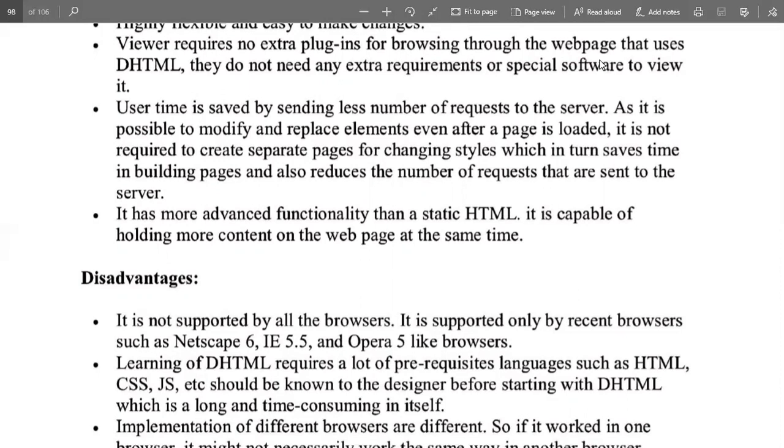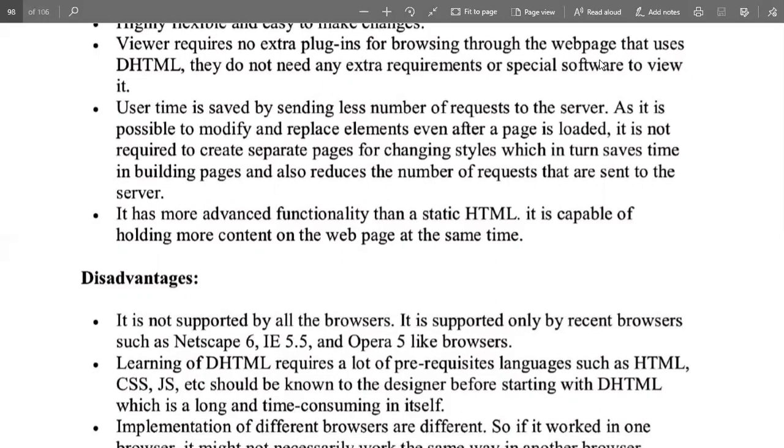We have to create another web page for any modification, and the previous one will be deleted or erased. But in DHTML, we will not erase anything. We will just modify that particular page and reflect it to the web browser, whether it is loaded or not. That doesn't matter at all in DHTML.